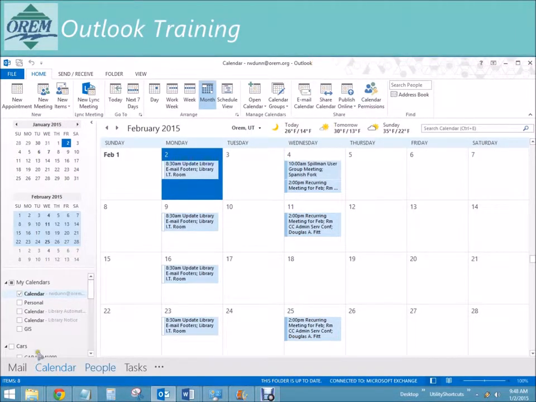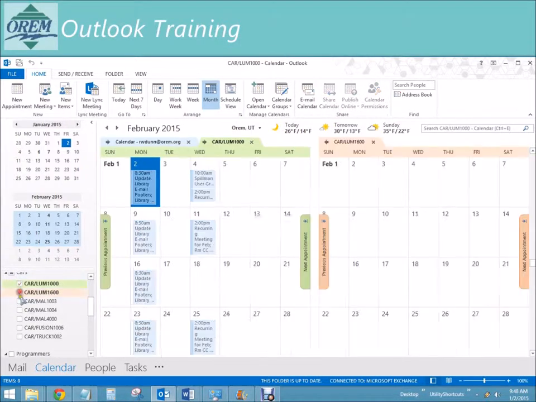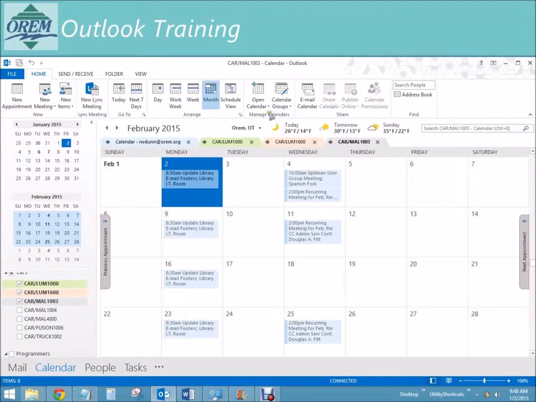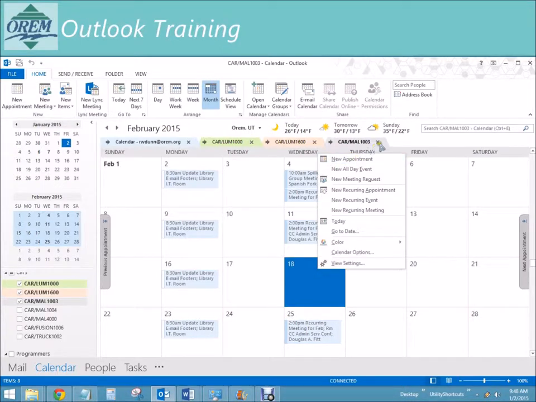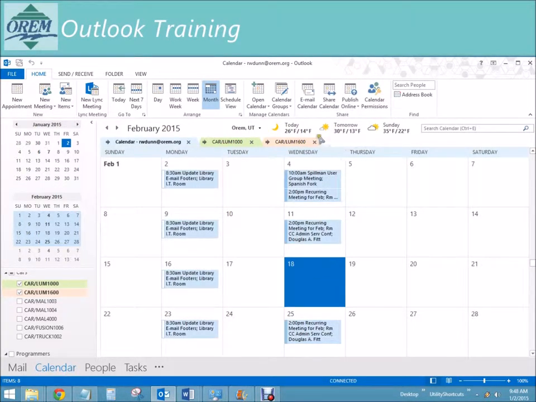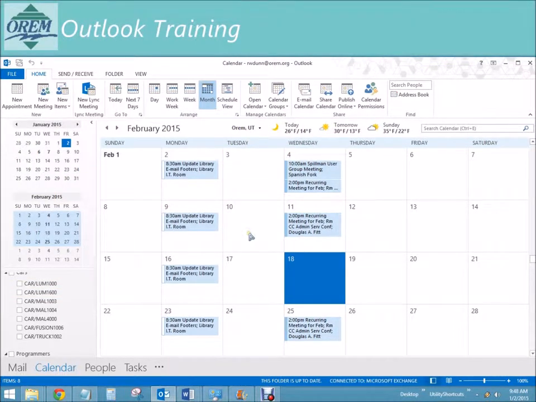let's look at resources for a little bit. I did show you cars. Remember that if I have a couple cars checked and I've got their views merged, the tab that's active is the car which would receive the appointment when I go to check it out. And then rooms, although I wouldn't want to have a meeting in a car, rooms behave like cars in that they're resources. You can see who's got it for when, and in the scheduling assistant, if I go to